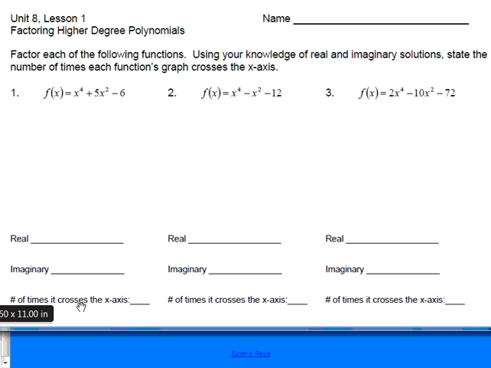By the way, when it says at the bottom, number of times it crosses the x-axis, really it should say touches the x-axis, because a lot of times it bounces, and so I don't want the kids who are really smart to get this wrong because they overthink it. So touching and crossing mean the same thing, but in your head what you should do is change that crosses the x-axis to touches the x-axis. And remember, only the real ones touch the x-axis. The imaginary ones don't touch the x-axis. You can't see where they are. The real ones are the ones that touch. Okay, so change the word crosses to touches,